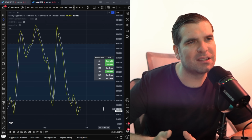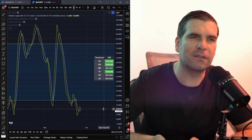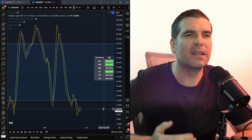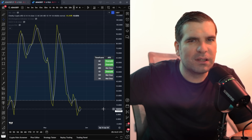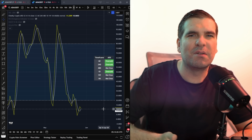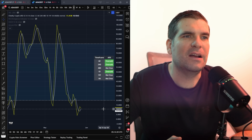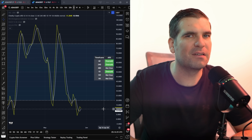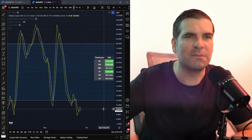Okay, that's what the stochastic RSI is telling us, but it doesn't relate to price action specifically. The RSI is 1 step removed, the stochastic RSI is 2 steps removed. So that basically means that you can't look at the stochastic RSI and say, look, we've got all this room to the upside, we're going to be basically rallying, right? Instead, it's showing us that momentum is likely to be shifting into a bullish state from a bearish state. Okay, now how far those bulls take the price action, you can't use the stochastic RSI or the RSI for that. But it does give you an idea that momentum is potentially going to be shifting more bullishly than it is bearishly